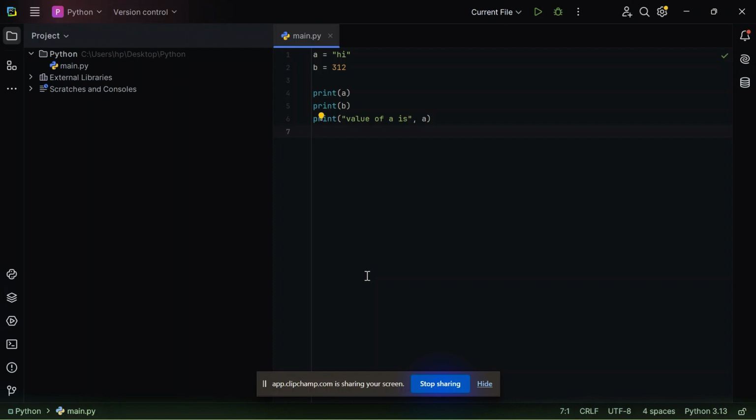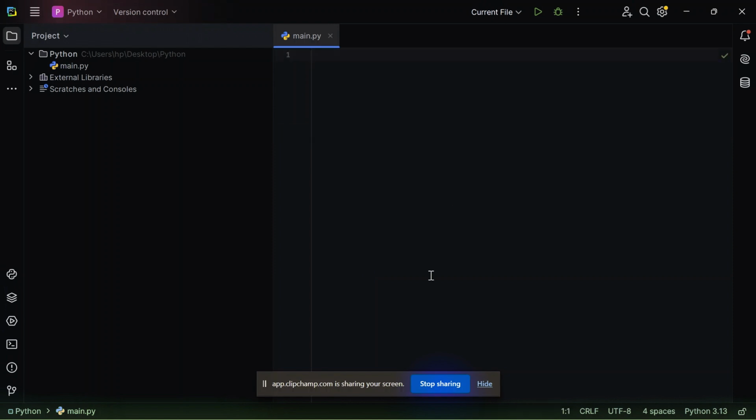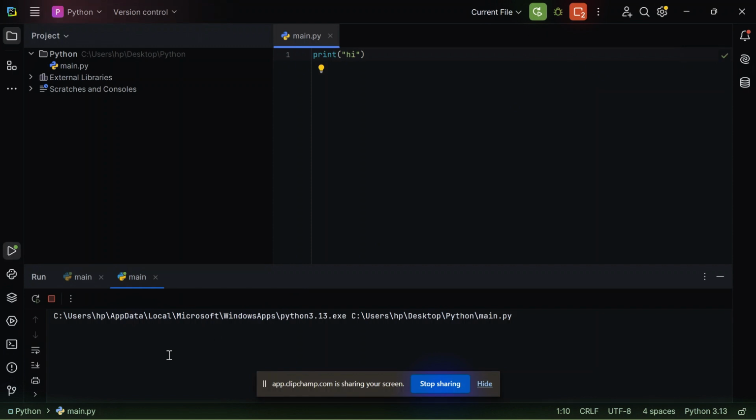Now, what we're going to do is learn new functions. Okay, so let me just erase this first. Now I'm telling you a new function. Till now we did the print function. I told you that the print function is used to give a specific output to the user, which can be changed. Look at this, print hi, and if we run this, let's wait. Okay, so we saw our output as expected.